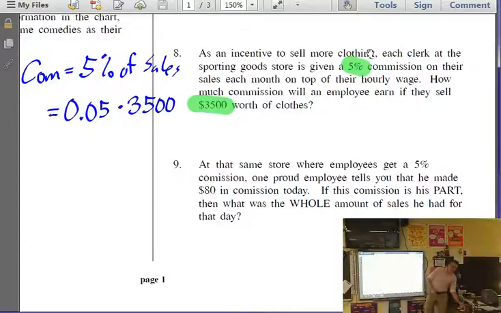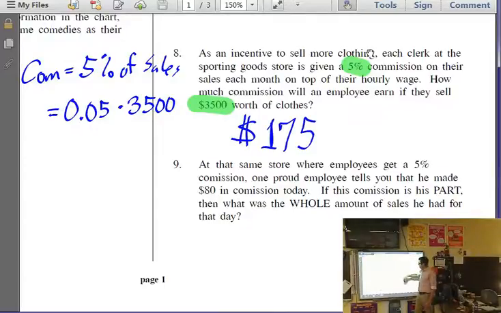And he will make from however long, we don't know exactly how long it took him to sell $3,500 worth of clothes. But if he did, 5% of that comes out to be he made a commission of $175. Now, I wanted 8 and 9 to be related to each other, so I kept the percent the same. And I know if you're watching the video, you might not be able to see this right now. And I kept the fact that you know the commission, as opposed to up here, you didn't know the commission.